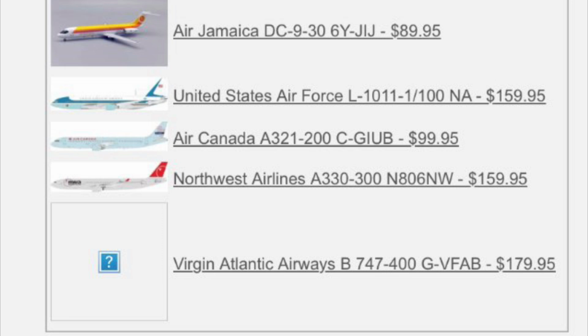This is with the 70th anniversary sticker. I did not know that existed. Trans-Canada Airlines 1937. So this is dated from 2007. Very nice. And then Northwest A330-300, that's also awesome. November 806 November Whiskey, and it does have the worldwide reliability sticker on it, so an older variant of that livery. And then the last aircraft is a Virgin Atlantic 747-400, which unfortunately doesn't have a picture, but it is